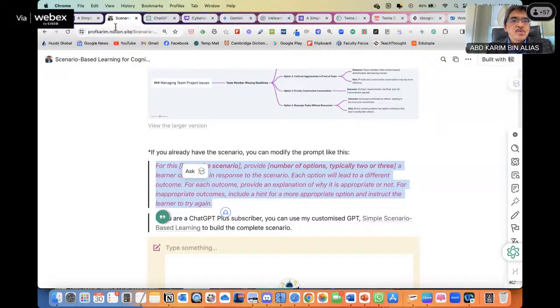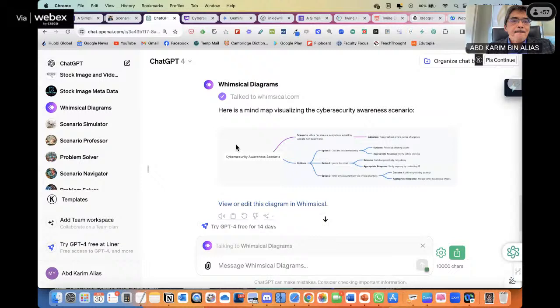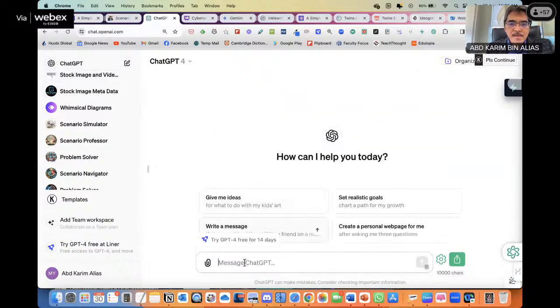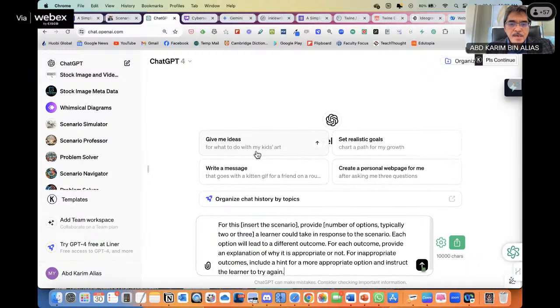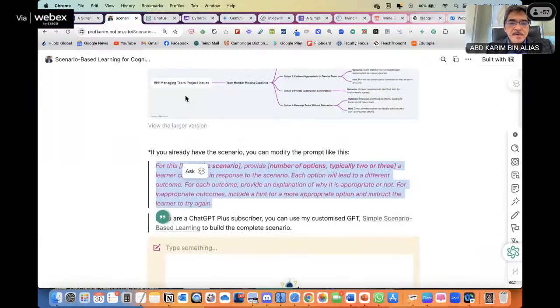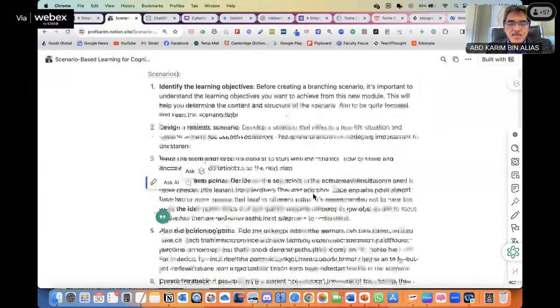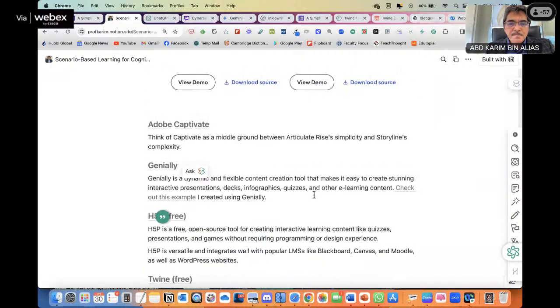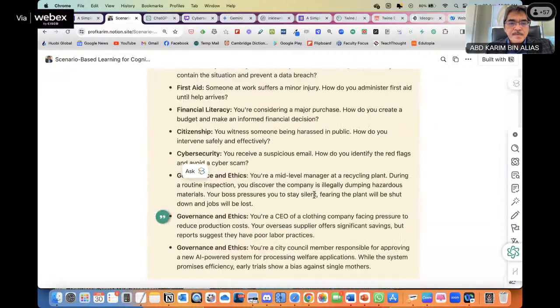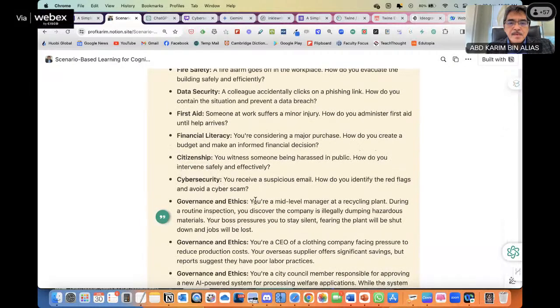and go to ChatGPT. I start a new file, paste the prompt. For this scenario, insert the scenario. So the scenario, if you want to try this example, this is the scenario.